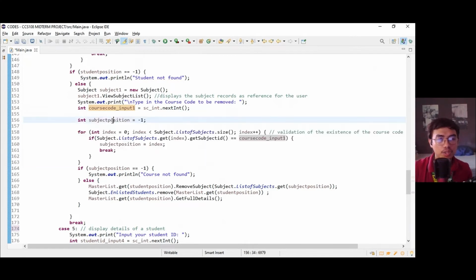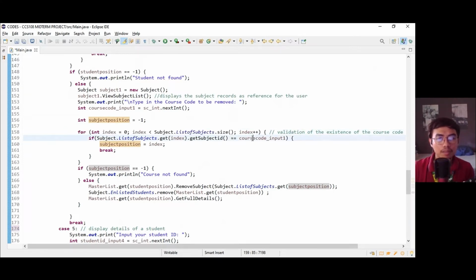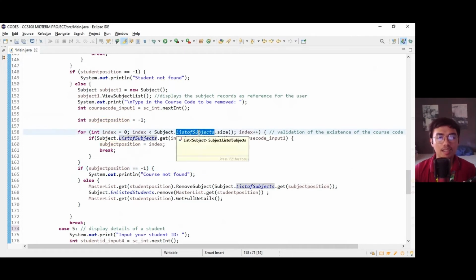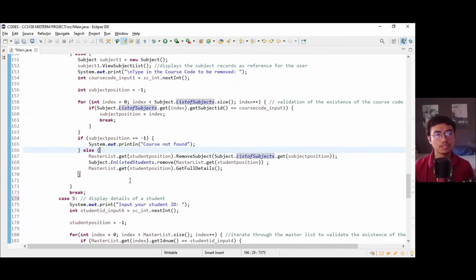Here, with subject position, we iterate the list of subjects. If the list of subjects has a course code equal to the course code input, then the subject position will be overwritten by the index of that same course code. But if the subject position was not modified, meaning that the course was not found in the list of subjects, we prompt the user that the course was not found. Else, meaning that the subject position has been modified,